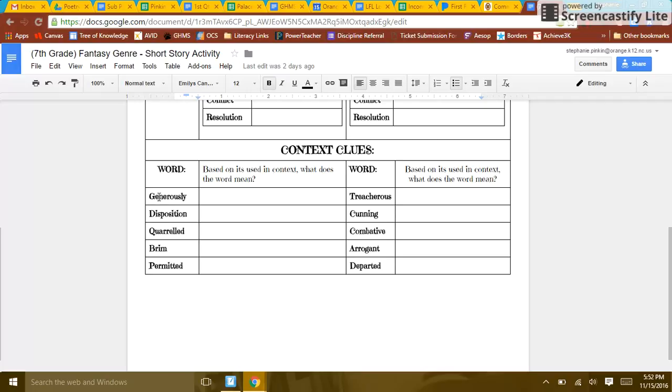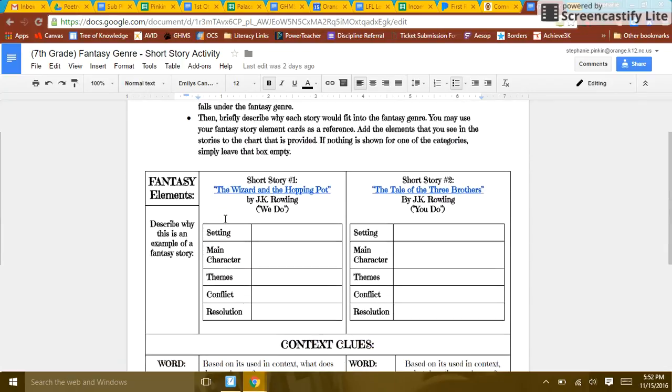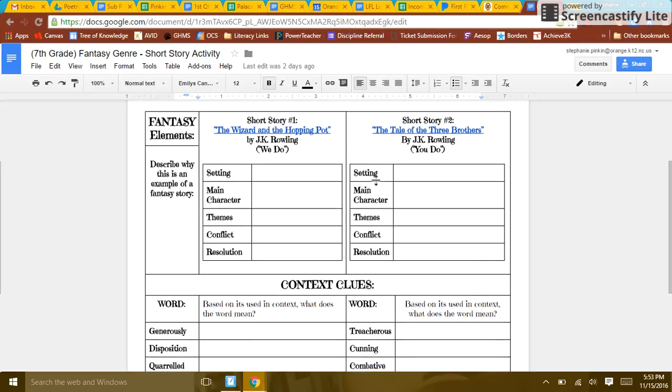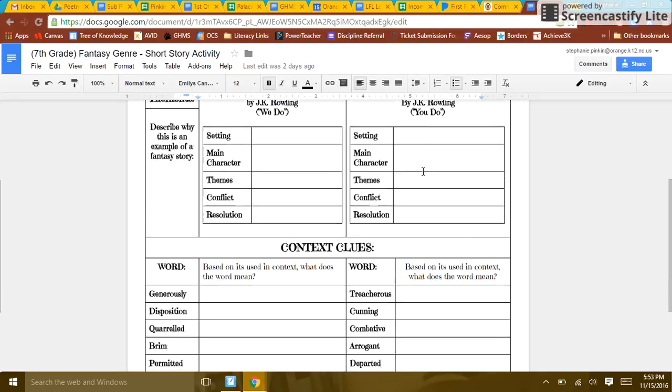So describe what generously means in this specific story. Describe what disposition means in this specific story. So you're going to do that for short story number 1, The Wizard and the Hopping Pot. And then when you're done with that one, if you do finish that today, which I expect you will, you can move on to short story number 2, The Tale of the Three Brothers. And it's the same thing. Setting, main character, themes, conflict, and resolution, and how these parts of the story show fantasy elements,